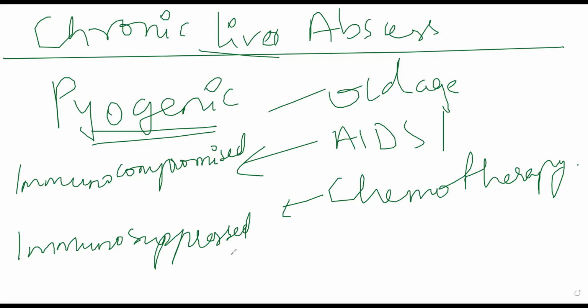Generally, patients who are immunocompromised or immunosuppressed, you'll keep them separately in a different room. You do not let others contact them and things like that because they are very susceptible to any infection. Basic infections can also cause death in those patients because their immunity is not working. Now, pyogenic liver abscesses can be classified into 6 types based on their mode of entry, based on how that bacteria is entering into the patient's body. There are 6 ways through which you can classify pyogenic liver abscess.